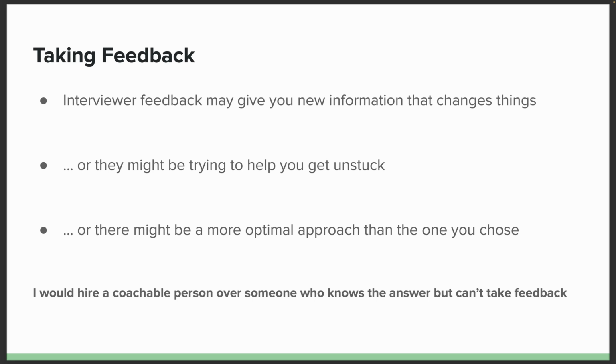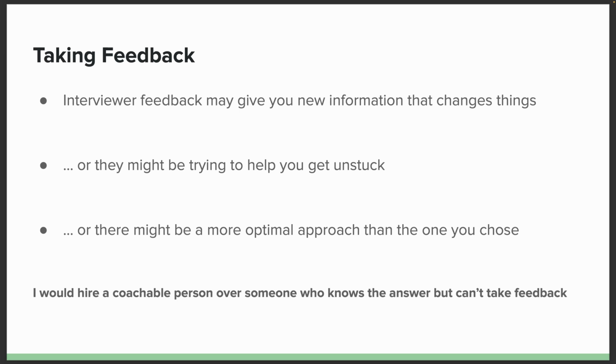Then the interviewer may, and this could happen at any time during the process, give you some feedback. And the feedback might be new information that changes things. They say, actually, it turns out we do care about this scenario, or what if you had 10 times as many of this? Those sorts of things can happen. This is helping you to adapt your solution in some way. Now, it might be that I'm trying to assess how well you take feedback. I've changed the conditions now, so are you able to adapt to that? Hopefully, yes. If not, that presents a problem.